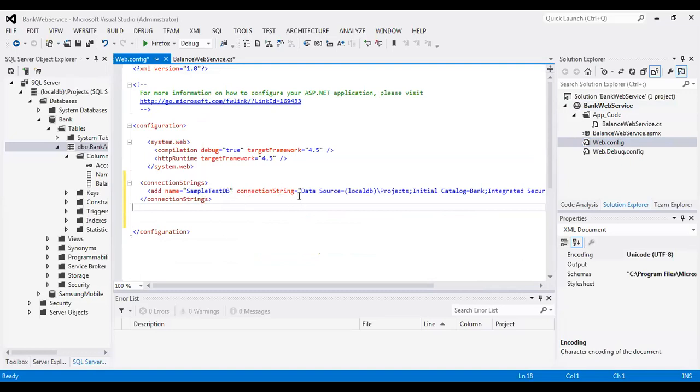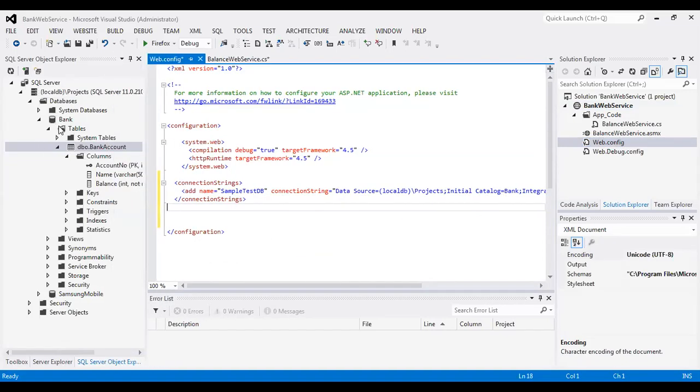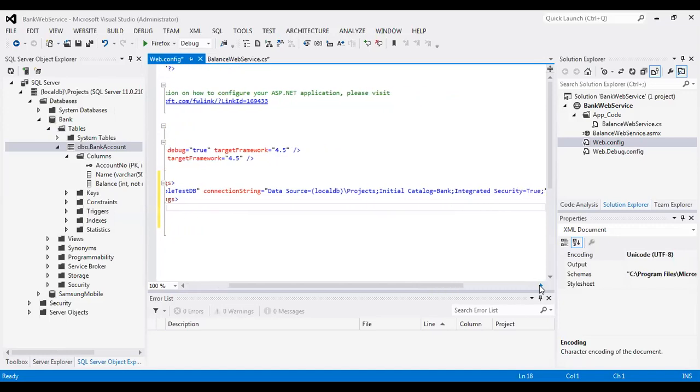Then the connection string is data source equal to (LocalDB)\Projects. Then initial catalog is bank. So see, the database name is bank. So the project name is bank. And integrated security is equal to true.